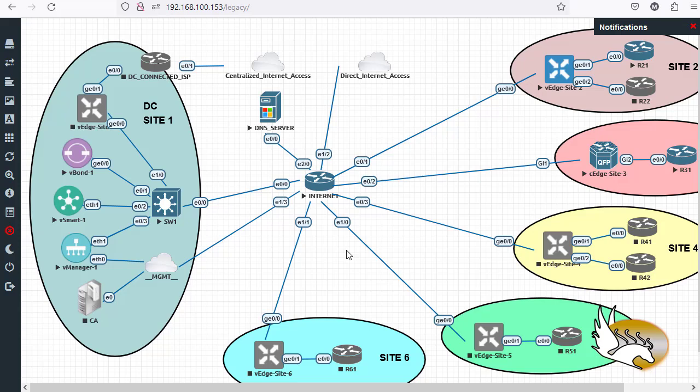Maybe you should say, okay, I just go with 2 connections. One for backup, one is going to be my main connection. That is possible. But what we are doing here, we are just using one public internet, and you can see that there is only one GE00 on all of these devices connected to this VPN 0, which is going to be my transport network. And that is interesting because we are going to add this globally to all the devices that are going to receive the